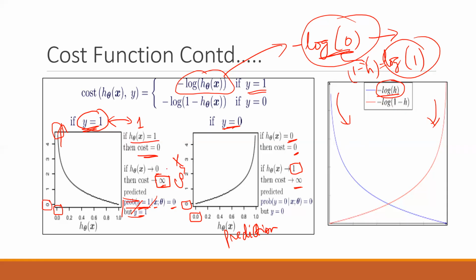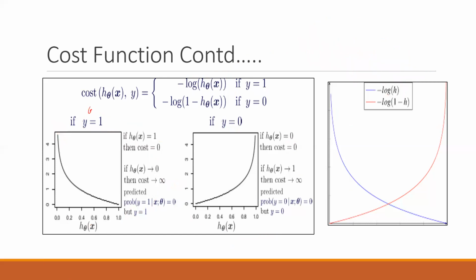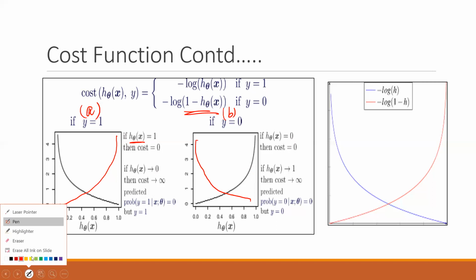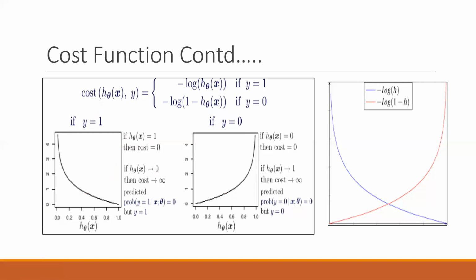Now in this you can see that in both the figures on the left hand side, figure A and figure B, both these figures have been made according to the function of h theta x, not 1 minus h theta x. ठीक है, तो according to h theta x, this is how it looks like. But if the same thing is being made for 1 minus h theta x, तो आपके flow उल्टे हो जाएंगे. So this one will be like this and this one will be like this. So you have to take care about these things, that how to plot the graph. The basic understanding required was regarding this only.